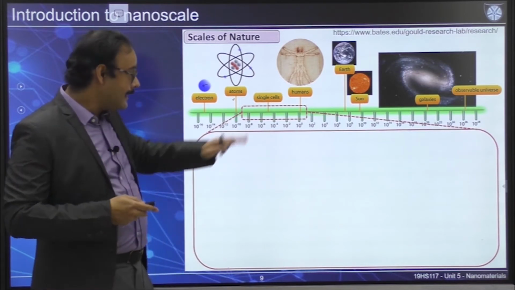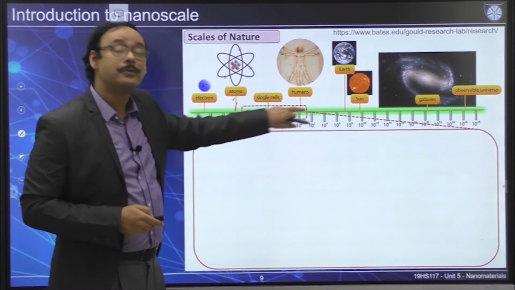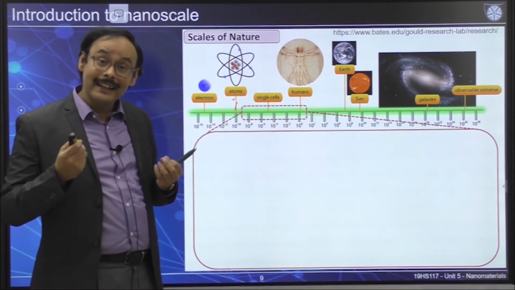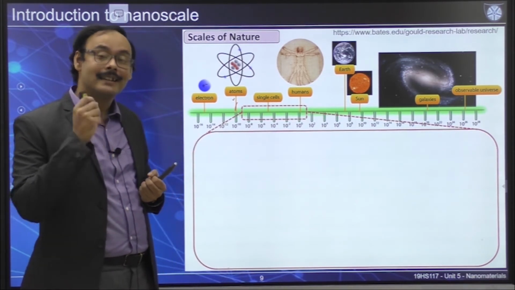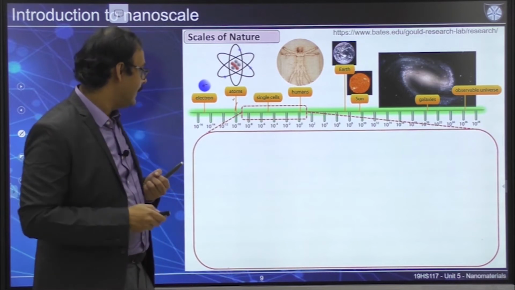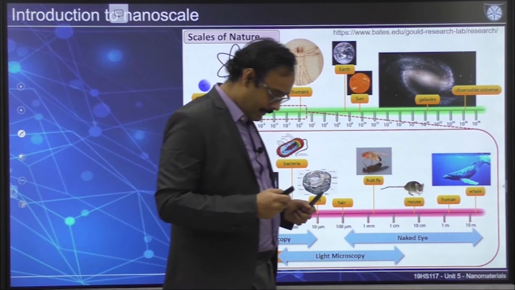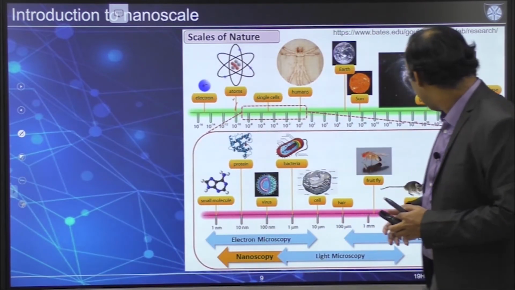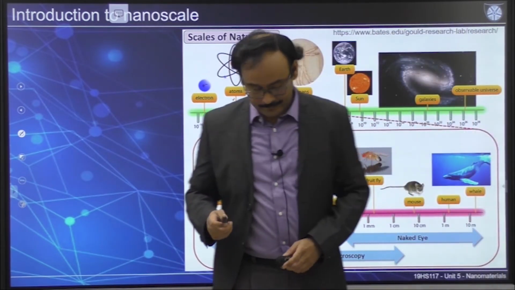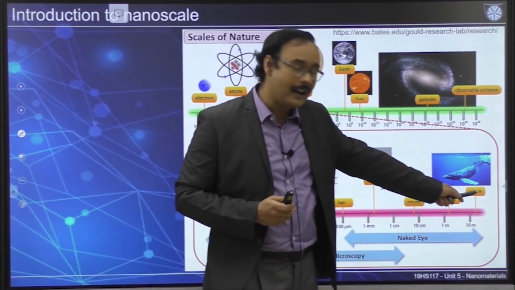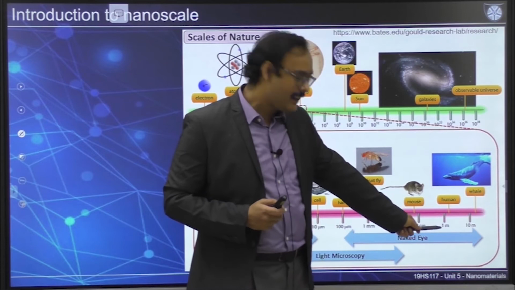Now in addition to that, what is in between? In fact, that's the one that we are looking into, but still that's not the nanometer, still that's not the nanoscale. Okay, so we are talking about these examples. Let's talk about this one first. So a whale is about 10 meter long, a human is around 1 meter.